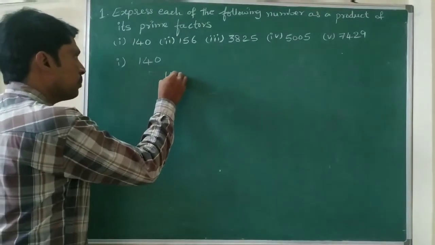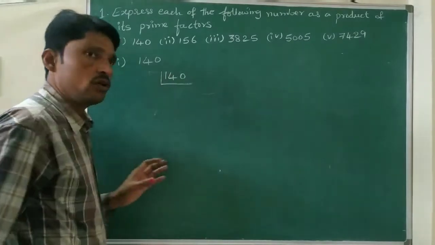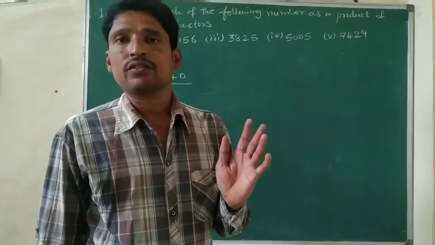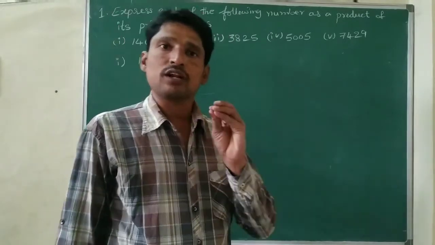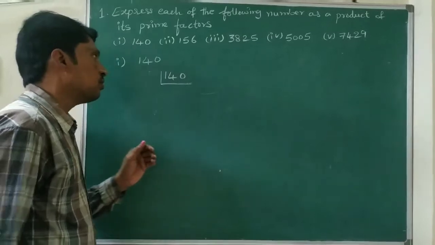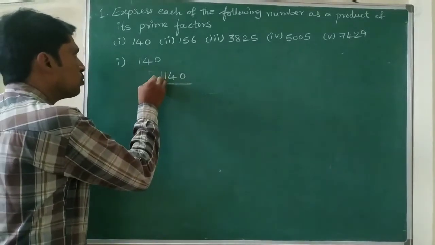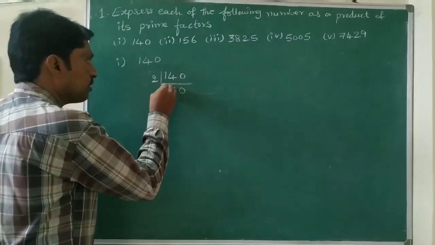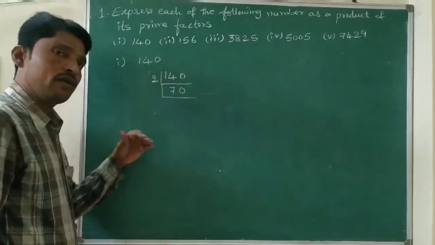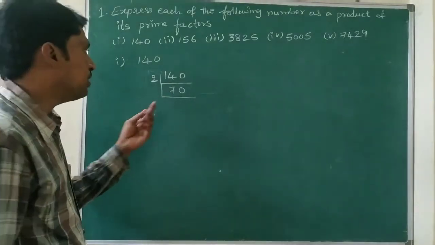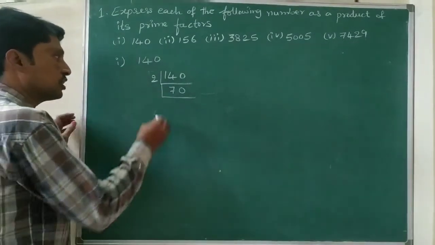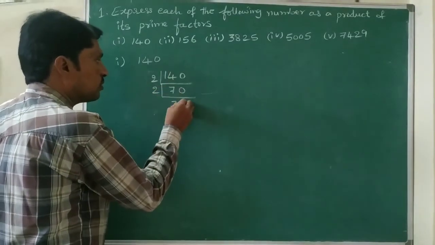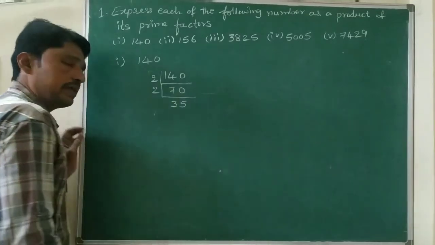So already we know the prime numbers. What are the prime numbers? 2, 3, 5, 7, 11, 13, 17, 19, and so on. So with the prime number 2 we can divide the number. So first number is 2. So I am dividing by 2. 2 7s are 14, 0 as it is. Again next we have to take a prime number only. So check whether it is divisible by 2 or not. It is divisible by 2 only.